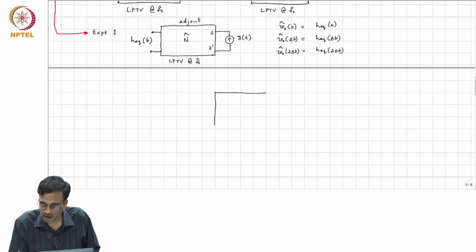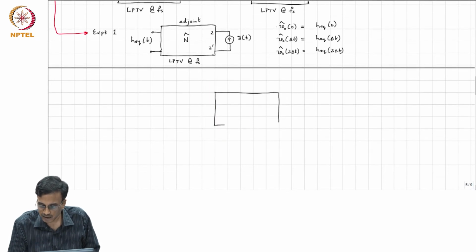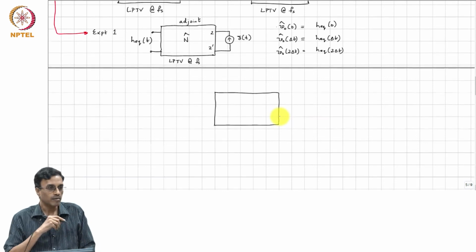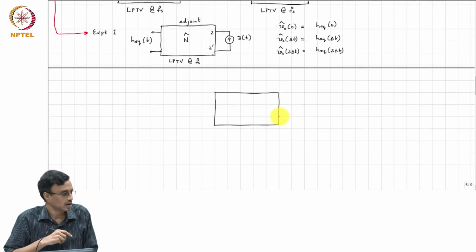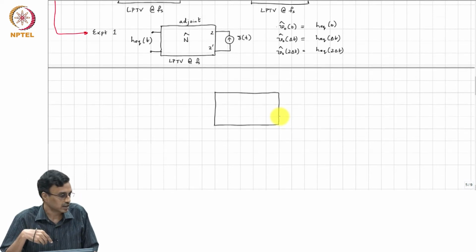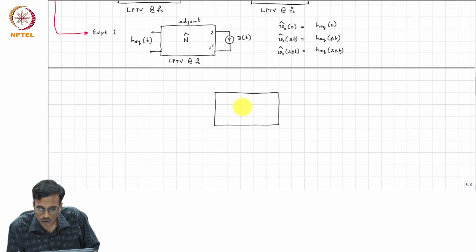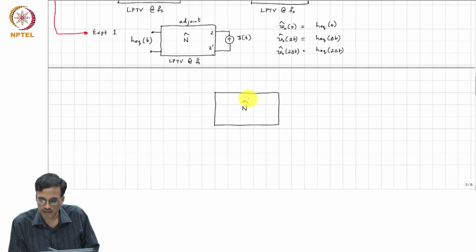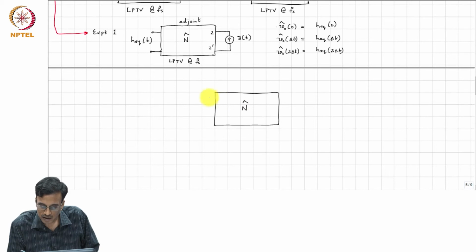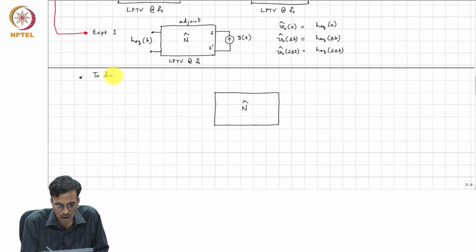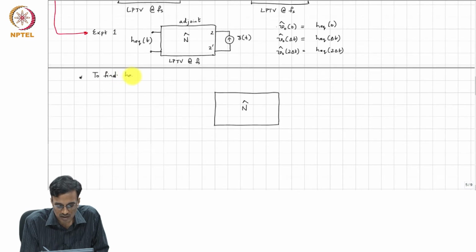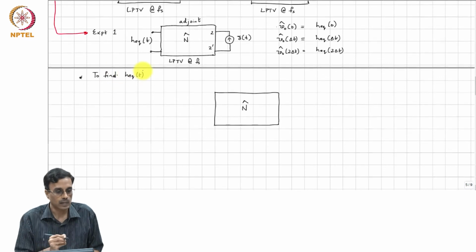As we have seen in earlier cases, the adjoint is a great way of simplifying the analysis, or reducing many experiments into one. So, the bottom line is that to find h equivalent of t,